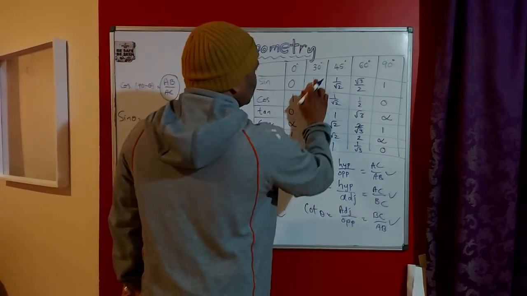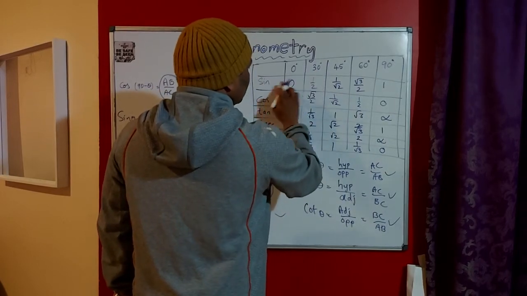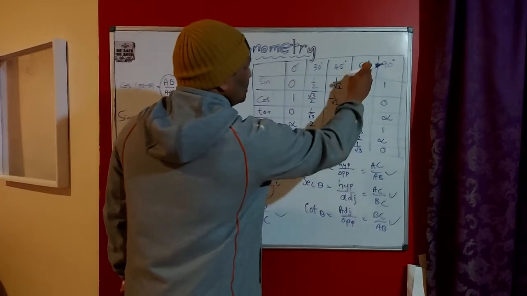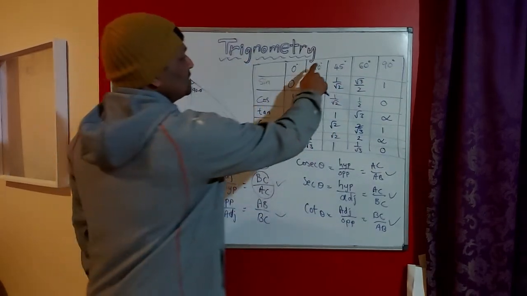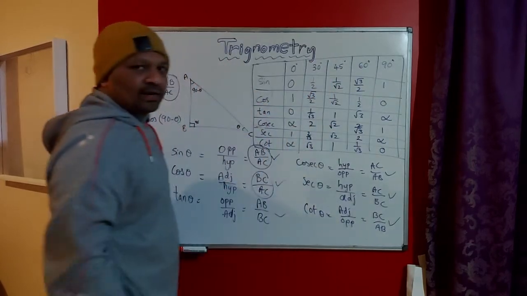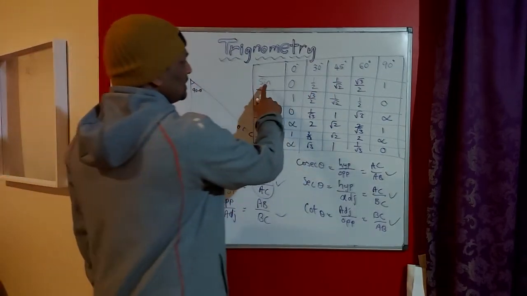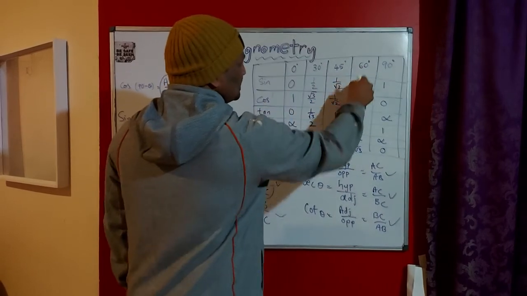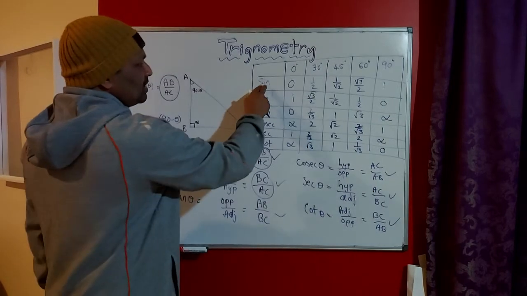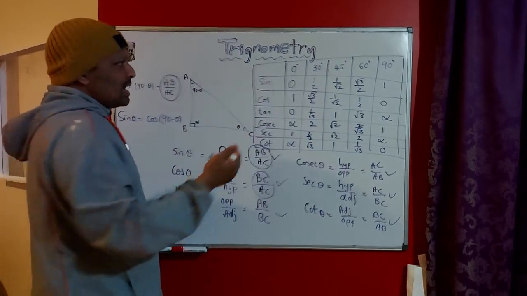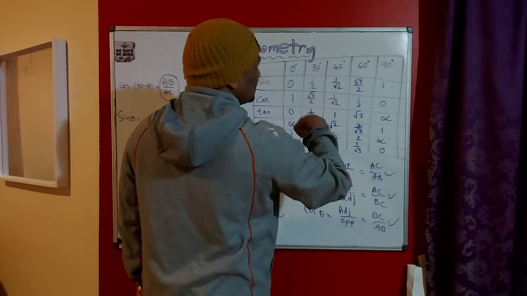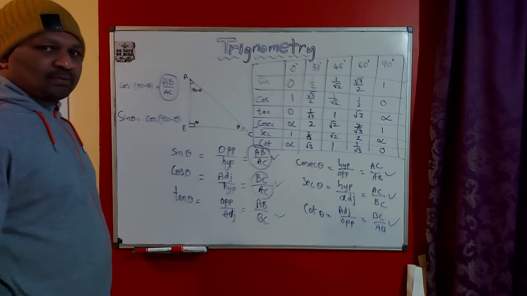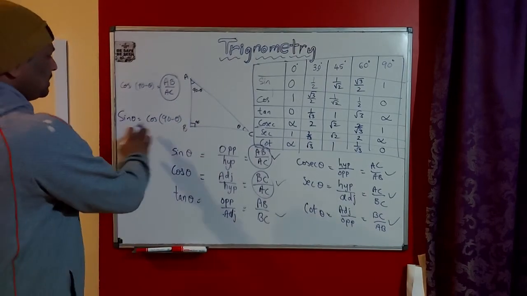We take sine 30 degrees. Sine 30 degrees is also equal to cos 60 degrees, because the sum of these two angles is equal to 90 degrees. You understand? Sine 30 degrees is equal to cos 60 degrees because sine and cos are complementary ratios. When the sum of these two angles becomes 90 degrees, their ratios also become the same. That is where this complementary concept came from.